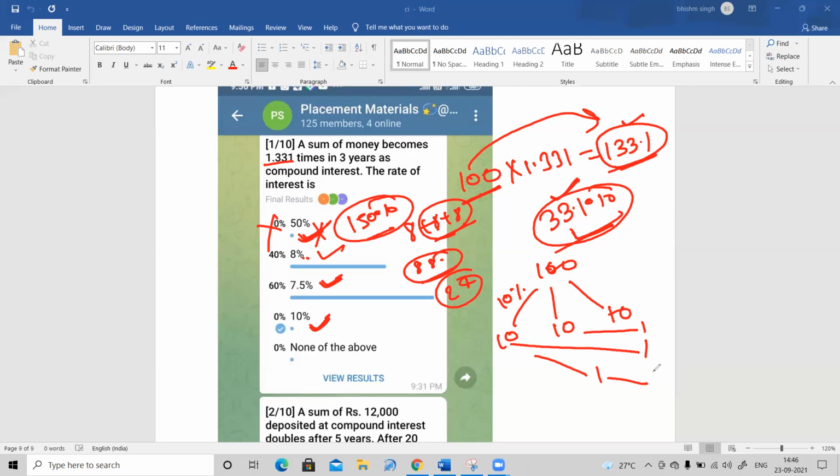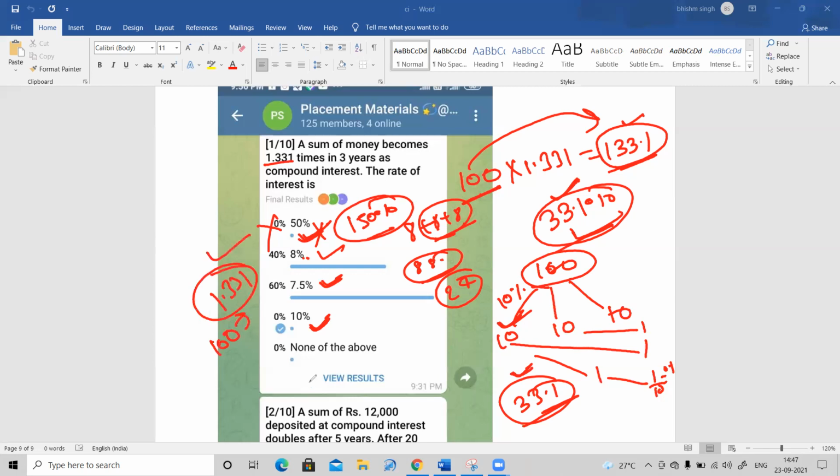Interest on interest. So 1 by 10, that is 0.1. So 30 and 33, 33.1 rupees. So we are getting exactly, see here, 100 rupees principal we have. If 10% we put, what interest rate, we get 33.1 rupees. That is for the 100 rupees, 1.331%. So you can go by the formula method, and you can go by even option method.